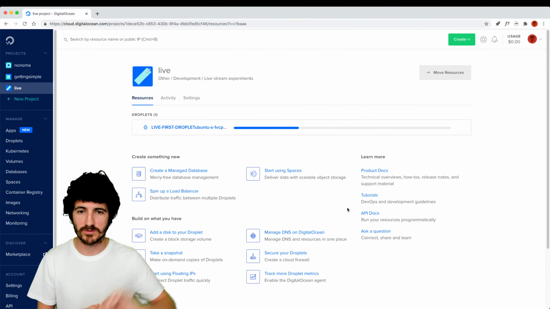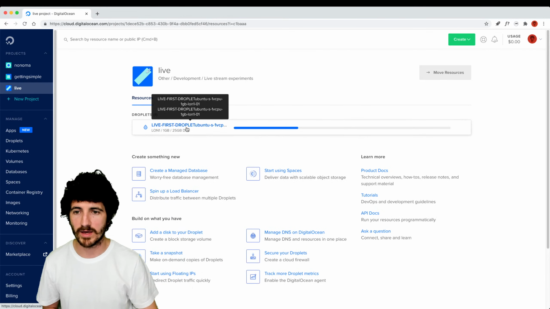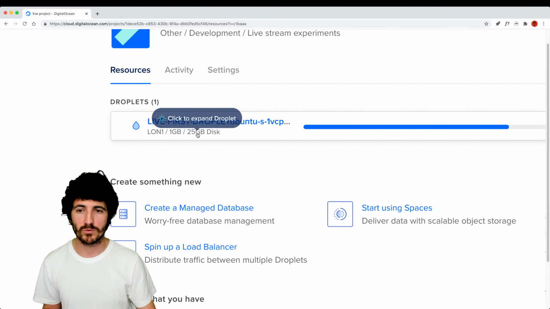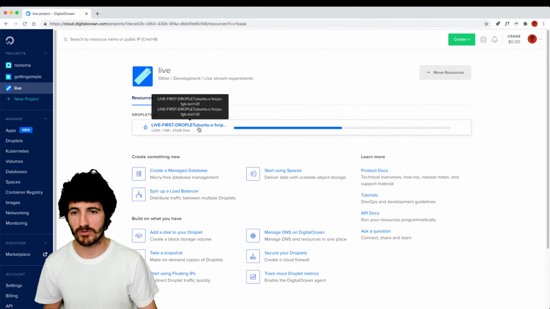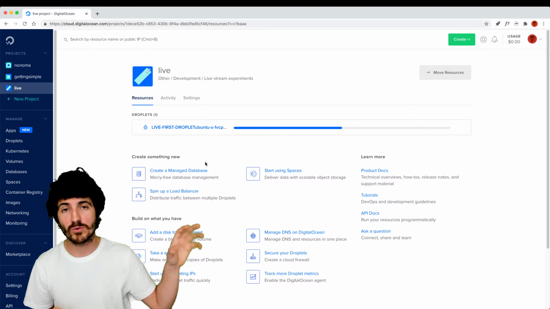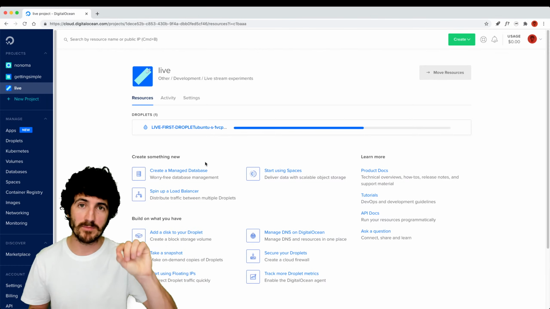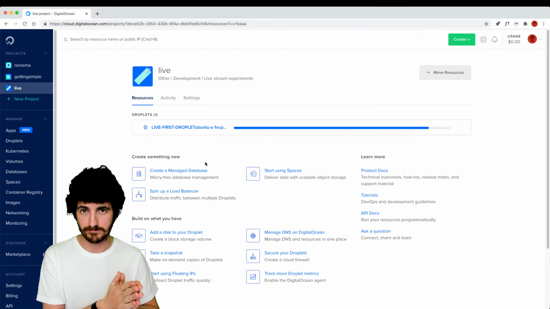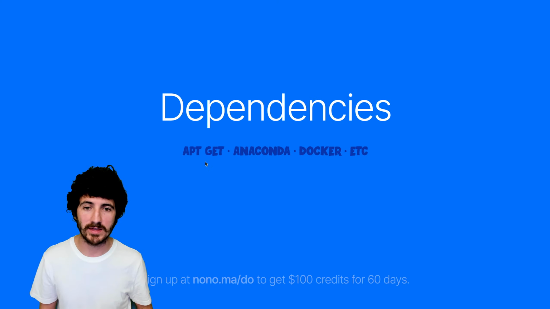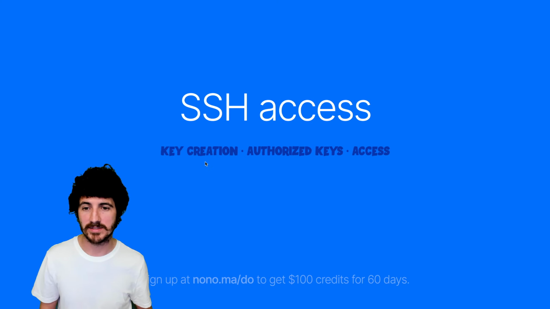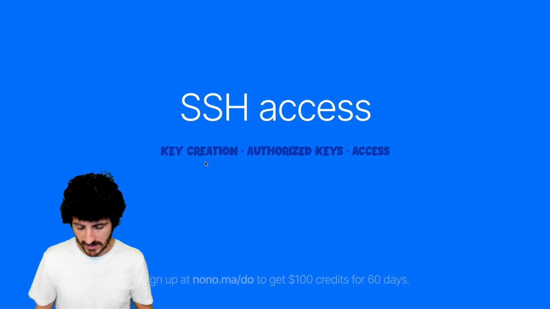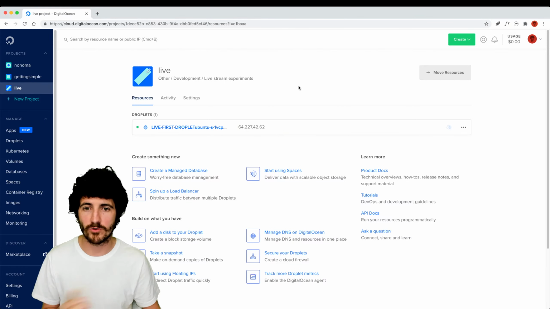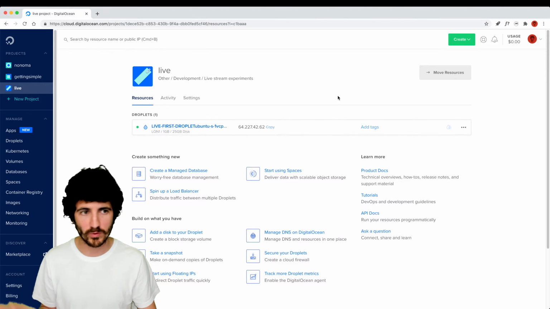And this is a really fast process. So everything's configured. You can see here that we have our droplet that we've configured. It's in London, it has 1 gig of RAM, 25 gigs of disk, and it's getting created. Once this gets created, DigitalOcean will provide us with a unique IP address. This is IP version 4 that we can use to log into our server via SSH. What does that mean? So I think I have SSH access here. Let me see. I'm gonna finish the tutorial here for the droplets, and we'll look at SSH keys as well.